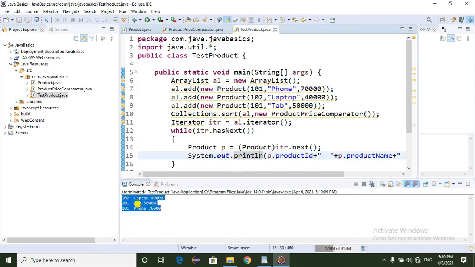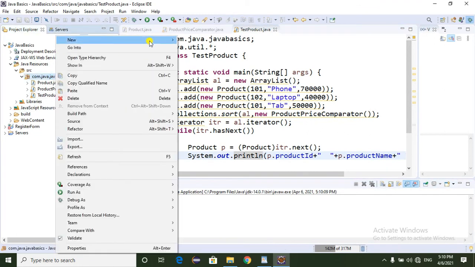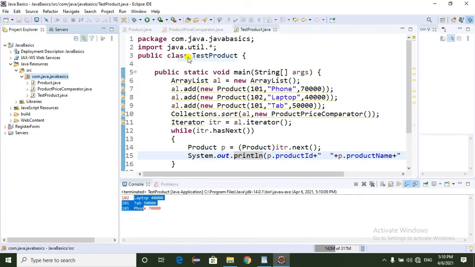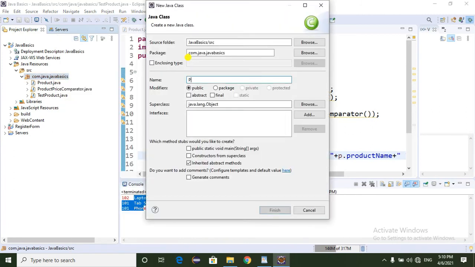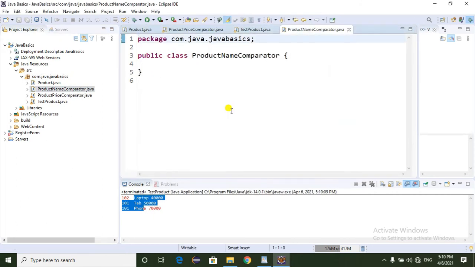Suppose you want to sort based on the product name, here we should create one more class called ProductNameComparator. So here we are in the ProductNameComparator.